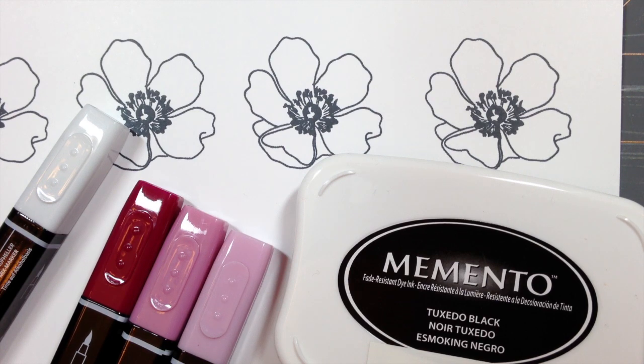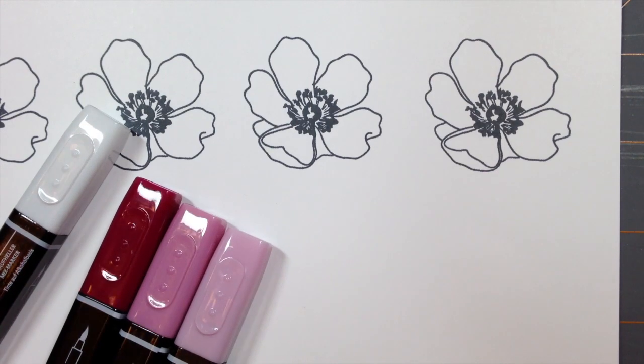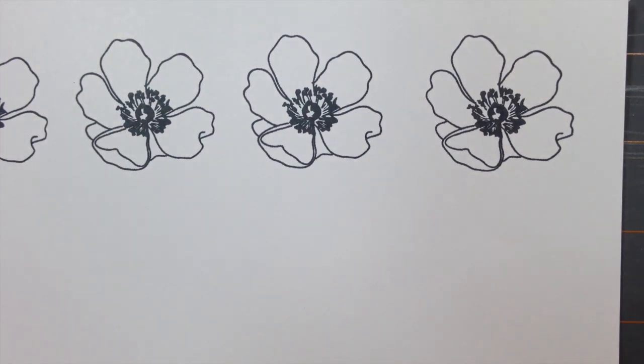I've already stamped the Fabulous Florets image in the Memento Ink on my Whisper White cardstock, and I'm going to use the Rich Razzleberry set for my coloring today. And as I said, I prefer to go dark to light, so I'm going to show you that method first, and then I may come back in and